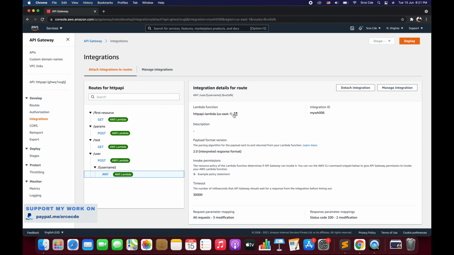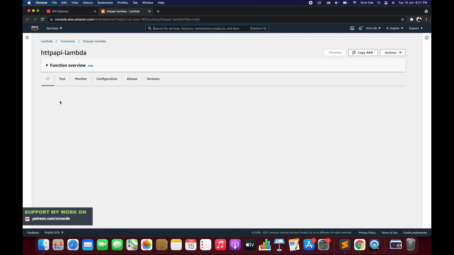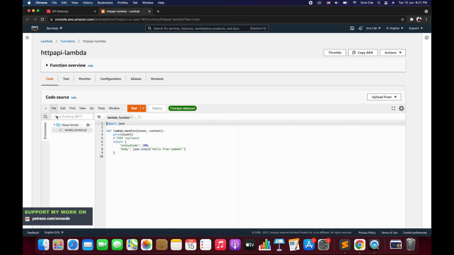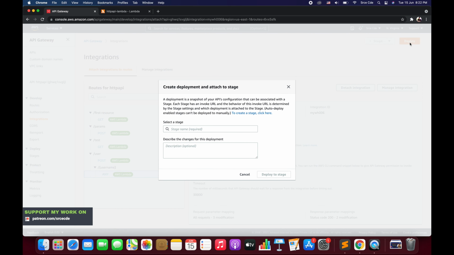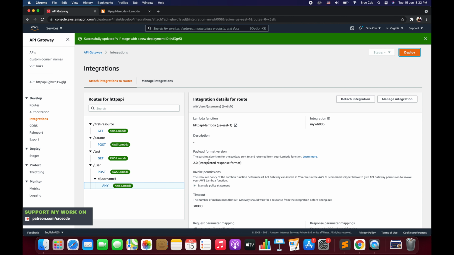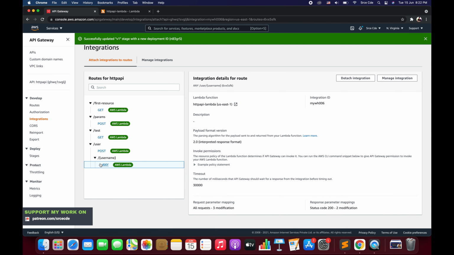Now we will also open the Lambda function, and I think we already have the print statement of the event, but let's double check. So yeah, here we have it on line number 4, that is print event. Within the event, we will be able to see what kind of data we are getting, correct? Now I can deploy it manually to the manual stage, that is version 1 in my case. So I will say deploy to stage, and this has been configured successfully. So this is our path parameter, correct?